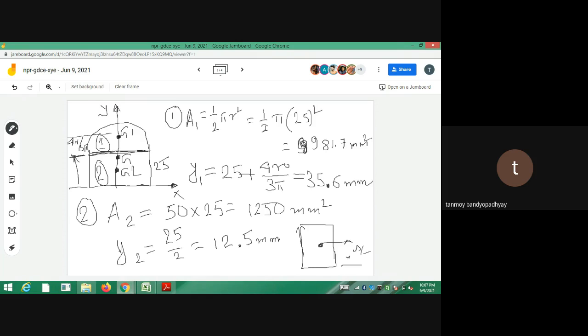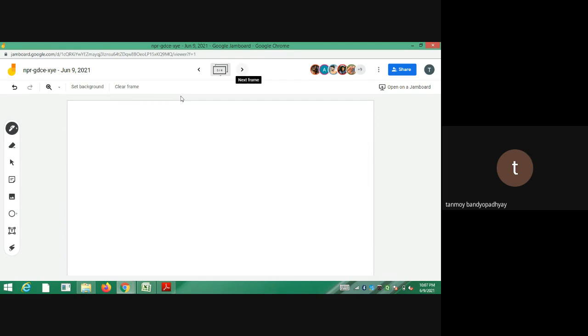Whenever you are calculating y1, always remember that it has to be 25 plus that one. Now you have got everything, so you calculate the value of y bar, and it becomes easier. Since they are additions, y bar has contributions from both figures, from both A1 and A2. So y bar is equal to A1 y1 plus A2 y2 divided by A1 plus A2. You put all the values and you'll get something like 22.66 millimeter. So this is the y bar. Now based on this y bar, you have to define the centroidal axis of the system.